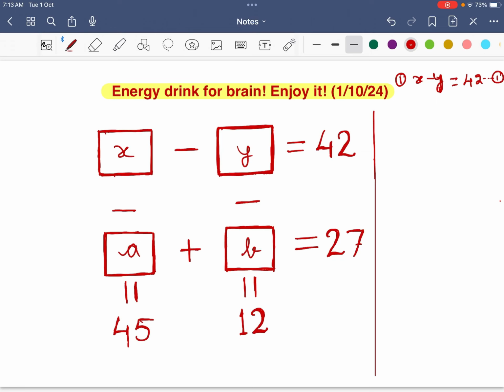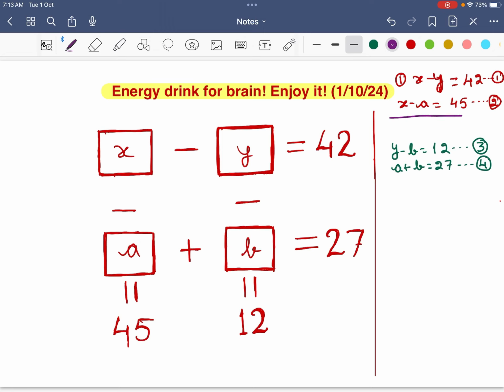Okay, and then x minus a is equal to 45, right? This is equation 2. And then next is y minus b is equal to 12. This is equation 3. And then a plus b is equal to 27. This is equation 4. Okay, now we can do,